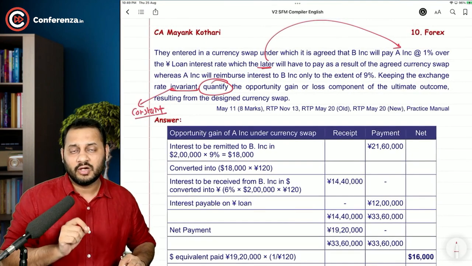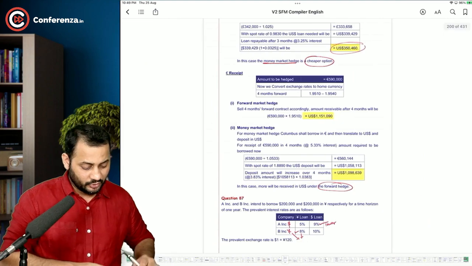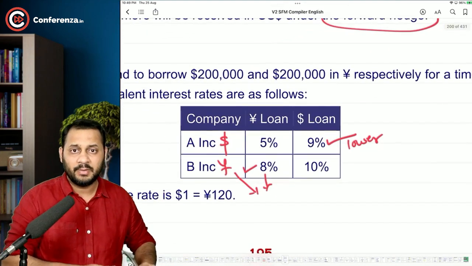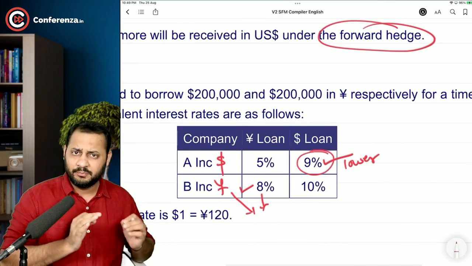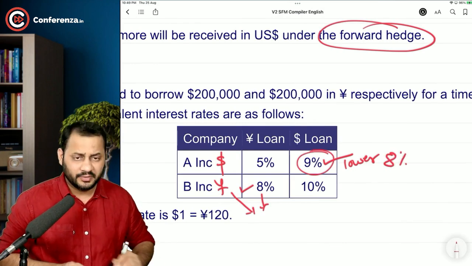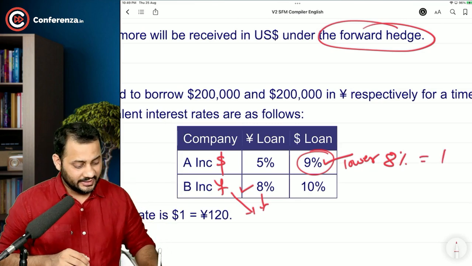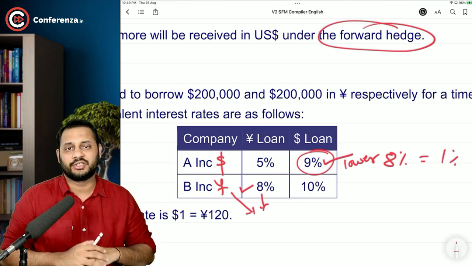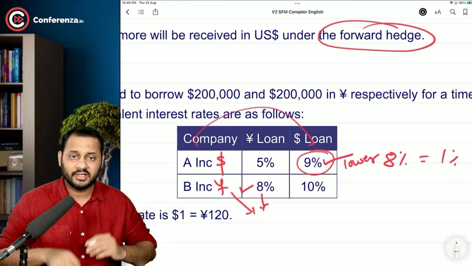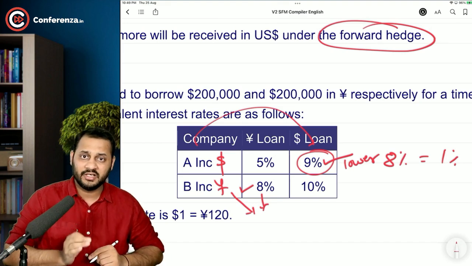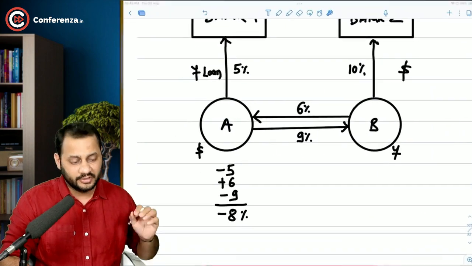What would have been the interest rate if he would have directly borrowed it from the bank? 9%. So isn't it better that he is only paying 8% and still using the same amount of loan? Exactly. So there is a gain of 1% to A incorporation in this case. If the A incorporation directly goes to the bank, it will cost him 9%. But if he arranges for the swap, it is costing him only 8%. Let's talk it from the angle of